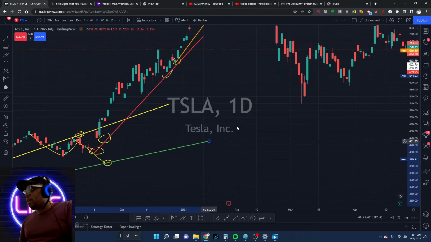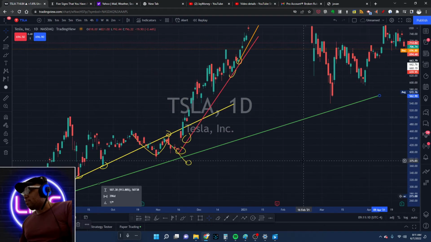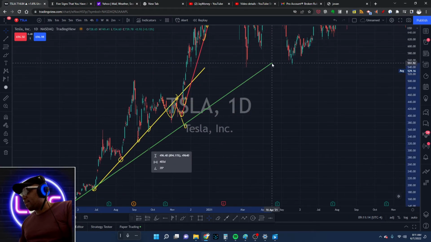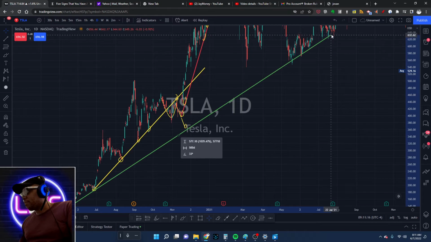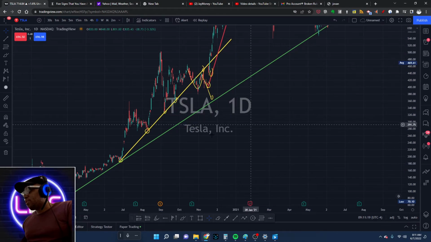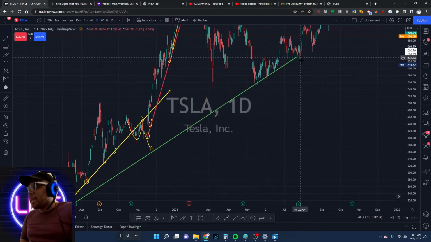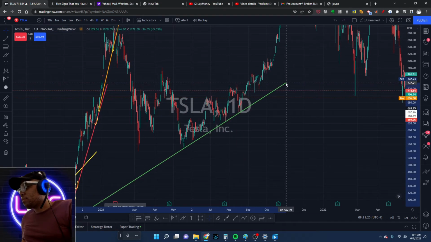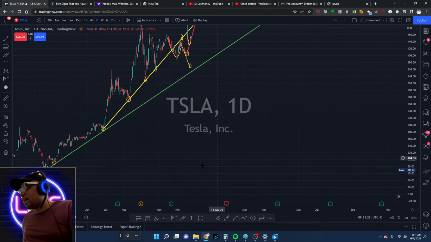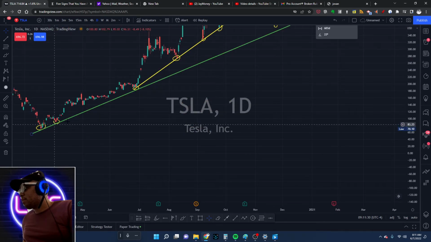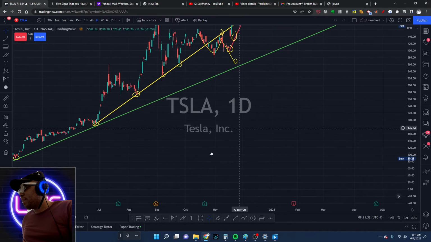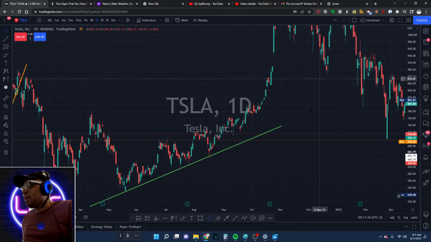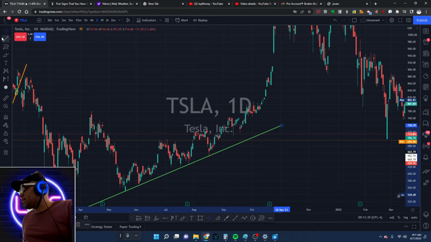So where did it want to return to after it broke down? Let's line this up and extend this trend line. It returned to the more sustainable trend line. You guys see that? This trend line goes all the way back here to where it started. So if you bought on this trend line, you were still in profit. Boom, boom, boom, boom. And then it jumped it again. It did the same thing again.